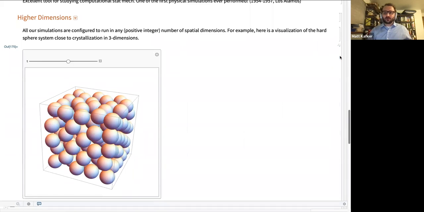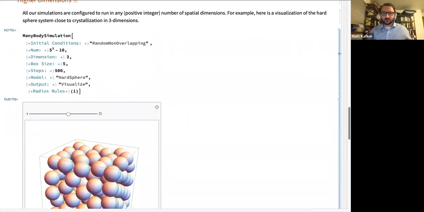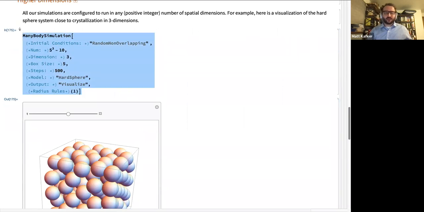If you're curious what the code looks like to actually run one of these computations, I've written this function called many-body simulation. It's changed its name like 10 times, and it's going to change its name again. Now I want to call it particle simulation, and I'm sure next year I'm going to want to call it something else. But this is the type of code that I'm going to be running in this notebook, and sometimes you'll see it and sometimes you won't, if I've remembered to hide it.